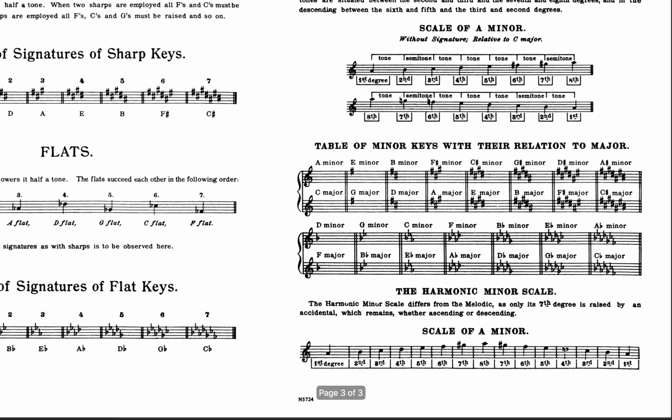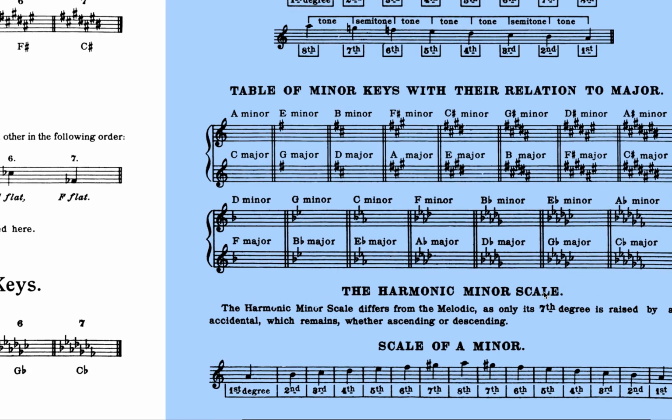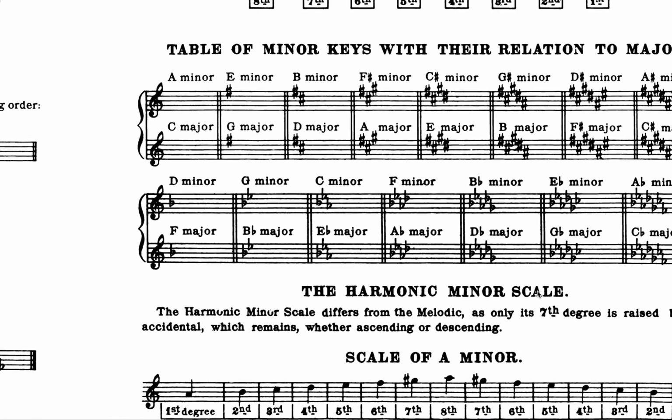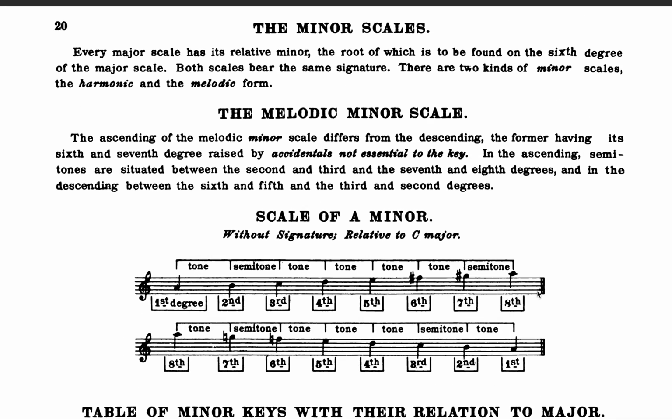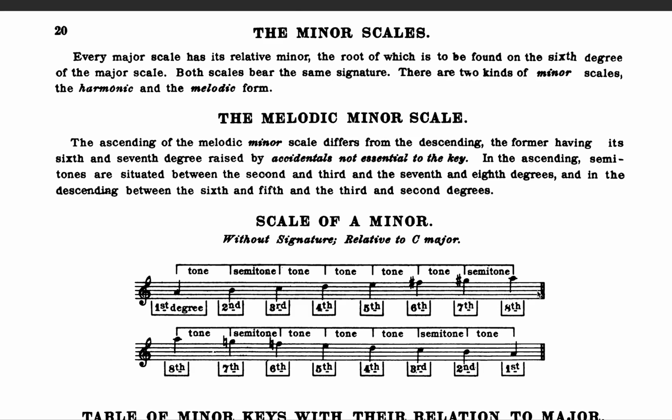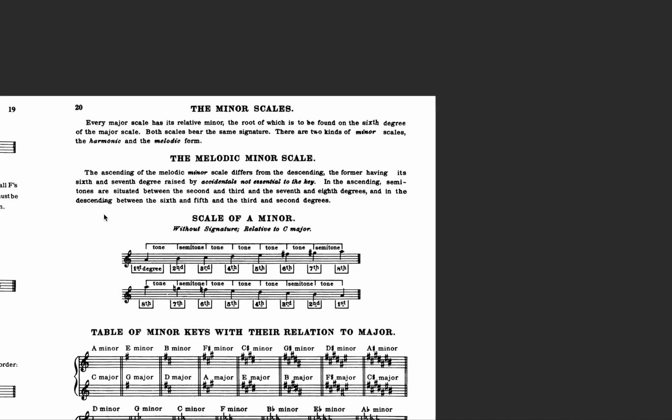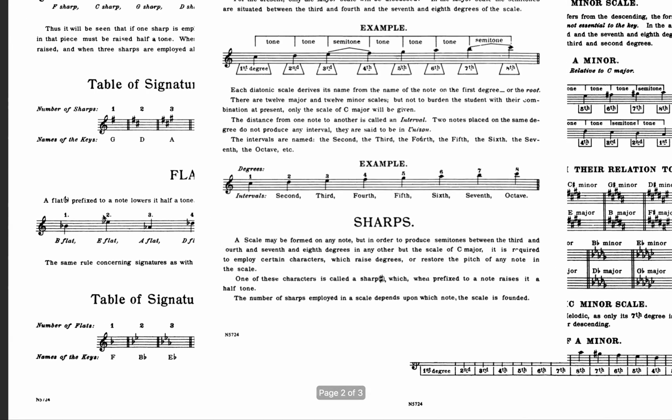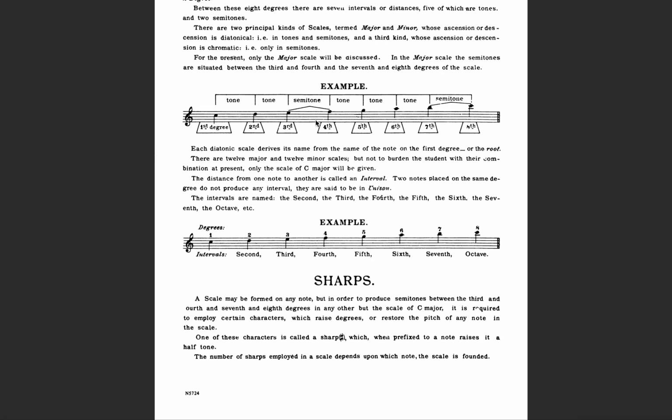Now if we go over to this other table here, and we enlarge this a little bit, we can look at minor scales. Every major scale has a relative minor, the root of which is formed on the 6th scale degree of the major scale. So both scales have the same key signature, but there are two kinds of minor scales, a harmonic and melodic. So let's go back here for a second and say we started out with a key of C. If we count up to 6, 1, 2, 3, 4, 5, 6 here,